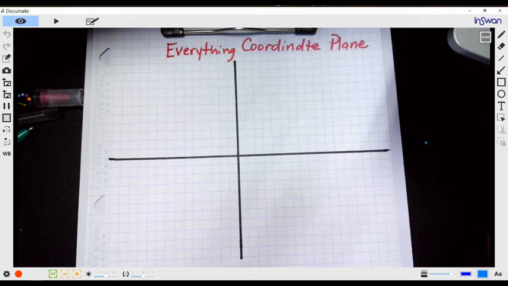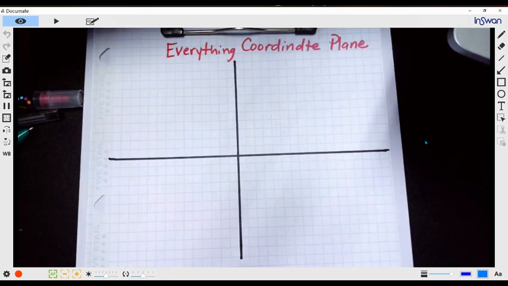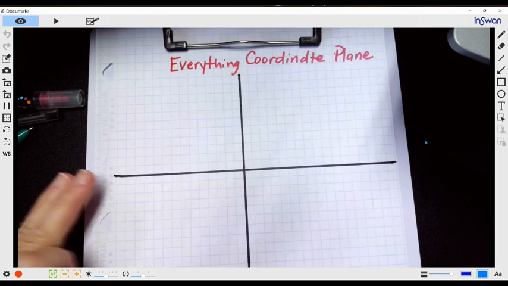Okay, beautiful people. So we're going to do some quick guided notes on everything coordinate plane. And as we're working through this unit, a couple of things that you need to be aware of and make sure that you're practicing is being knowledgeable of the locations of everything and how your coordinate plane is set up. So we're going to start by just taking this basic piece of graph paper and setting up the X and